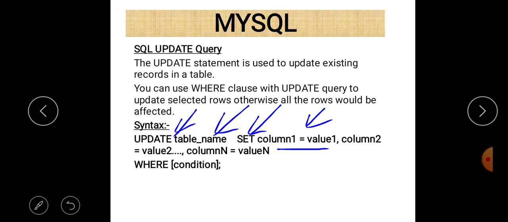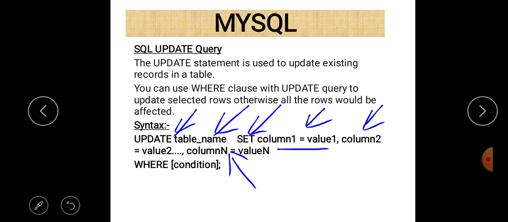And if you want to change values related to column 2, then after a comma you can write column2 = value2, and this process goes up to column n, meaning the total number of columns available in a particular table.